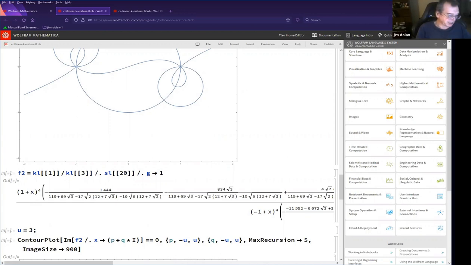So what am I trying to say? The original Jugendtraum, it might have generalizations, but the original Jugendtraum is about elliptic curves with complex multiplication, in my understanding. Elliptic curves with complex multiplication. And then in some sense, it's all about the Galois theory of those elliptic curves with complex multiplication.